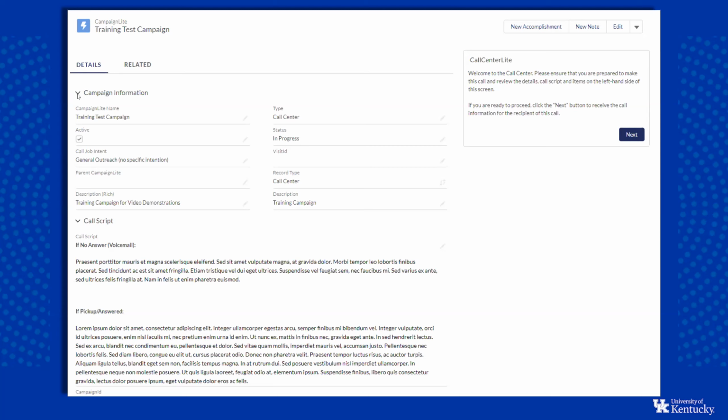Below the details, which are collapsible with that little arrow, we can see a call script. The way that we have recommended scripts be drawn up in the past, and the way that we are showing it in this demo, we actually have two sections: one for if there is no answer, i.e. if we hit a voicemail or if we talk to someone who is not the intended target, and then one for if they pick up or answer. So this gives us that opportunity to have flexibility on whether or not the student immediately picks up the call and whether or not we get hit with a voicemail.